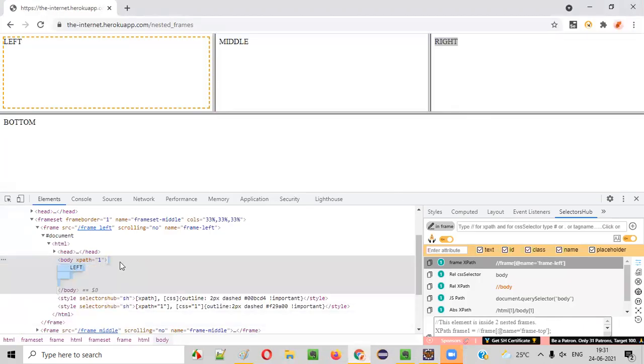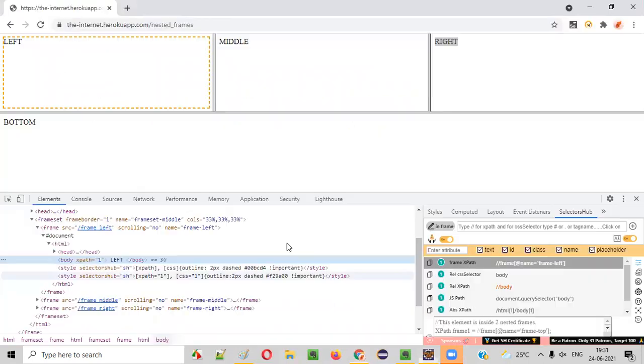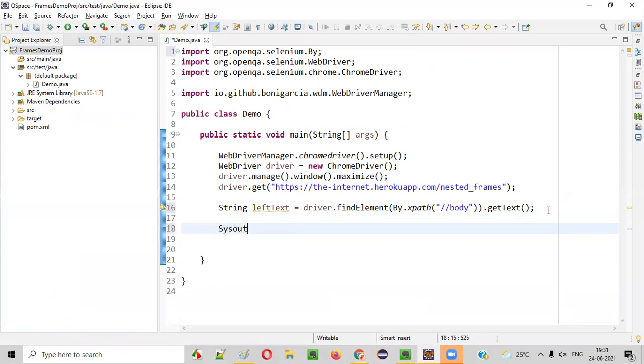I want to read the text between the tags, right? I want to get this left text out of the body tags and print it in the output. That's why I'm using getText. So I'll say this should be the leftText. I'll create a local variable and print out this left text.